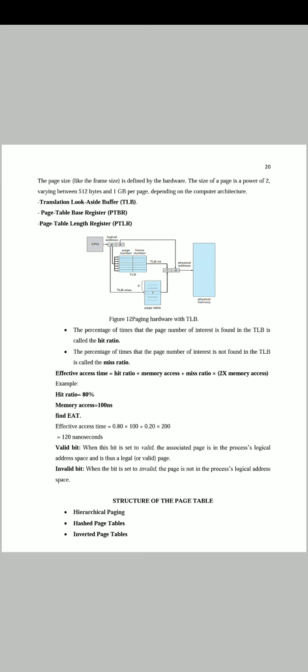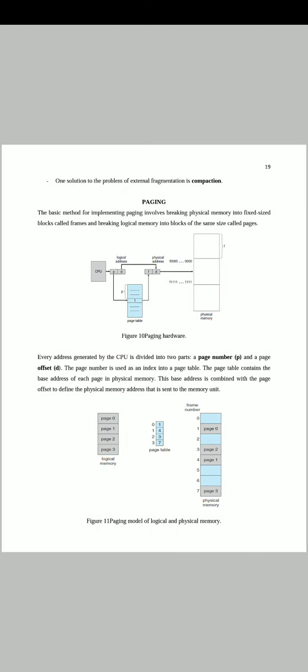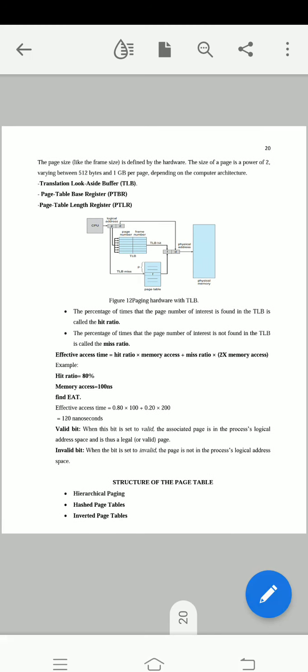If I have a 100% hit ratio, then the miss ratio becomes 0. 0 multiplied by anything becomes 0. So 0 into 100 is 0, which means it has taken 100 nanoseconds. It means that it has not taken any extra time to fetch any data. So if there is a miss ratio, then it takes an extra amount of time to fetch the particular data.